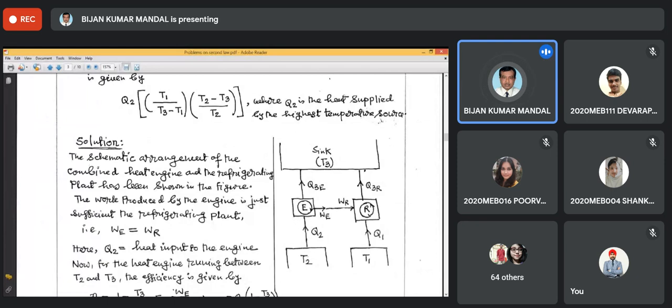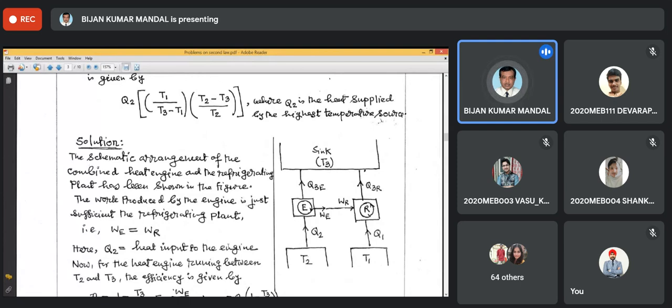So I think the situation is clear, or any doubt? Clear, sir. No doubt. Fine. Then let's see how we'll do that. Actually you must write something in your solution. I think nowadays the practice is not to write anything, just some symbols and numericals, because nowadays it is all MCQ pattern, etc. But actually now you have to write something because you have to write some report, etc. So write properly, not just some symbols and numericals.